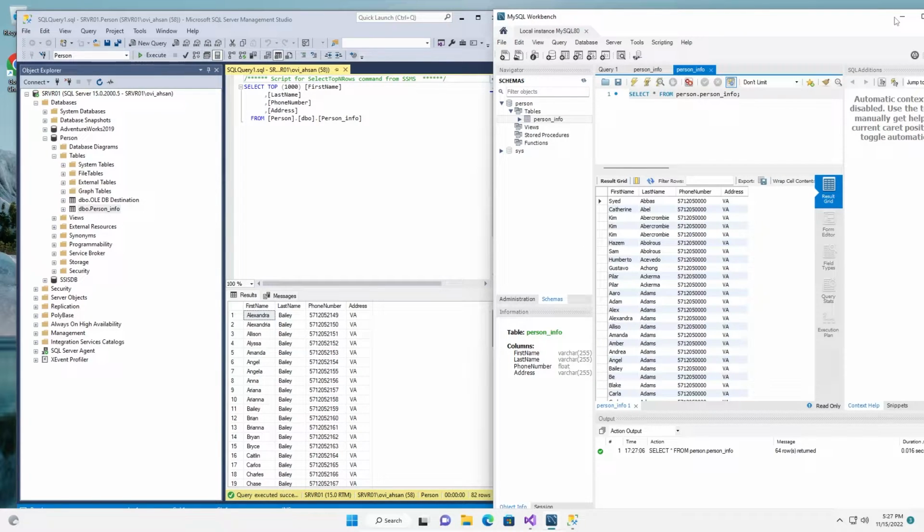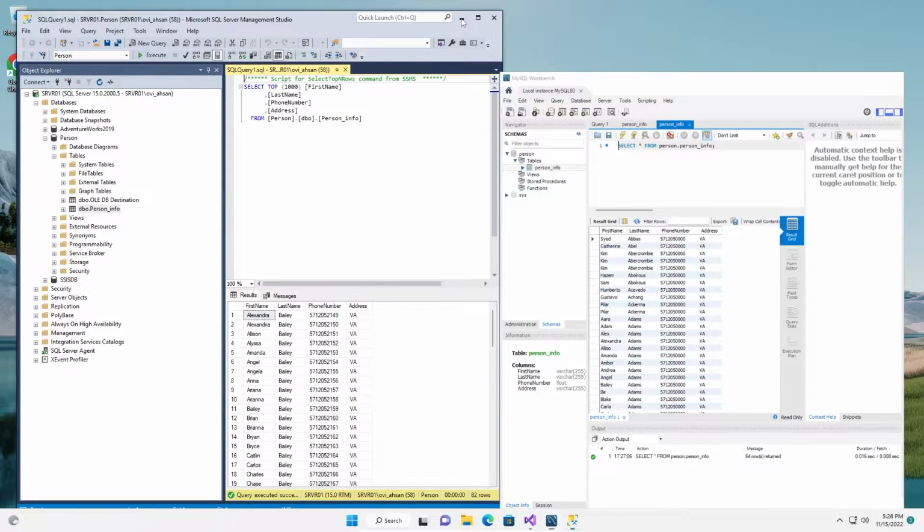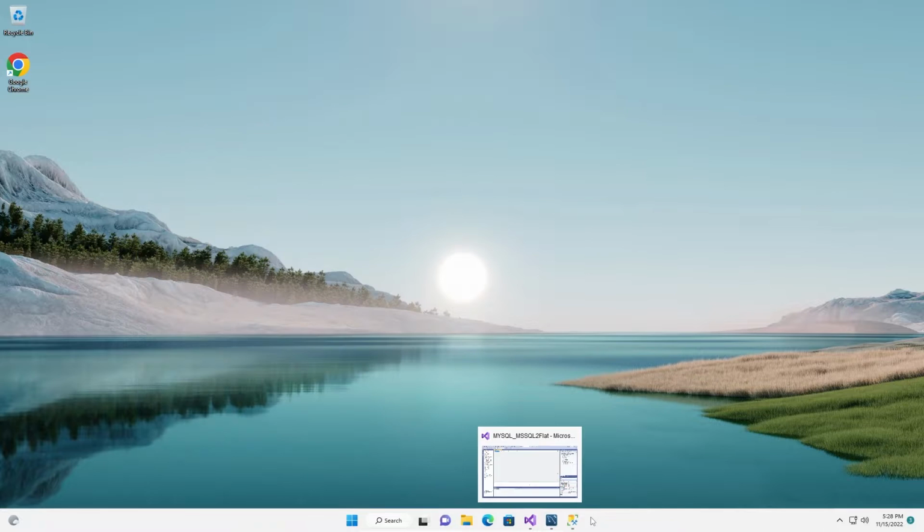At first, for MySQL you have to install a driver to make the ODBC connection. So let me quickly download the software. Let me close it, otherwise it will hang.